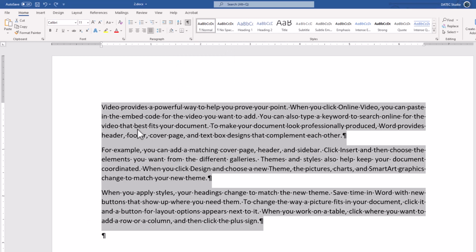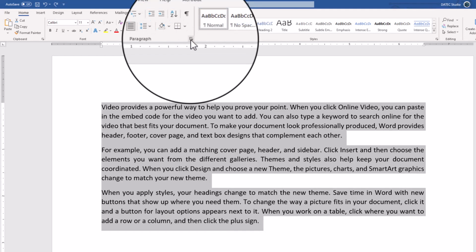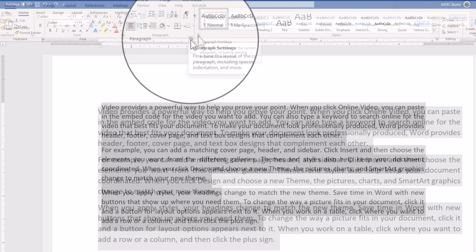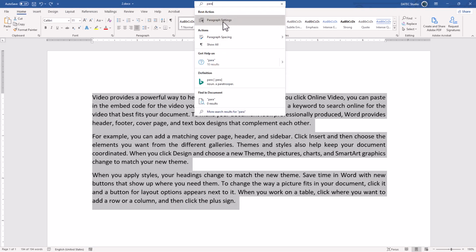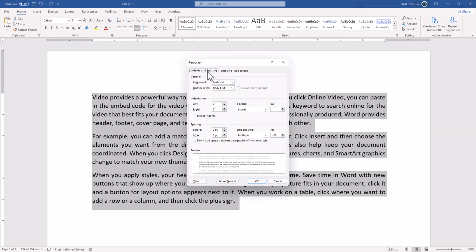Let me select my paragraphs again. And if you want to access more features about paragraph, of course, we could select paragraph settings or just type in the Microsoft search, paragraph settings. There it is. Click on that. And we have two tabs: indents and spacing, and line and page breaks. In the first tab, the general section, we have alignment again: left, center, right, and justified. Outline level,